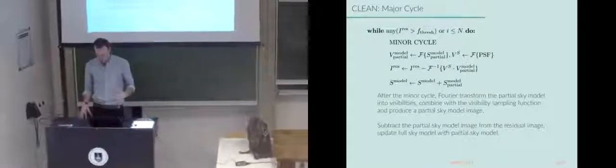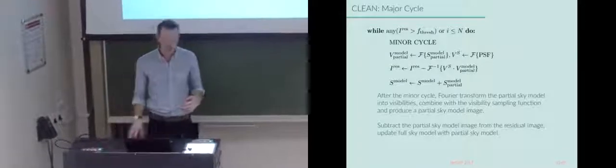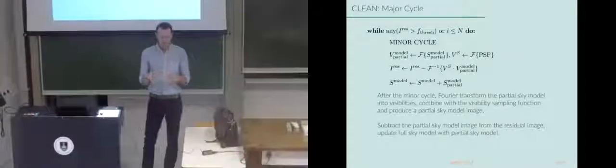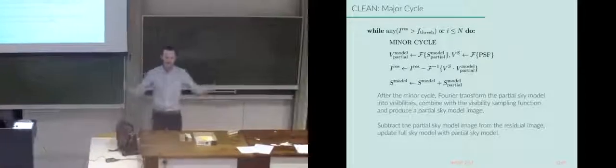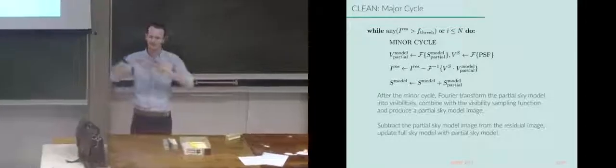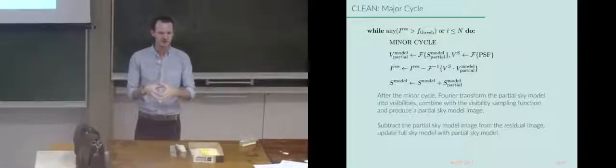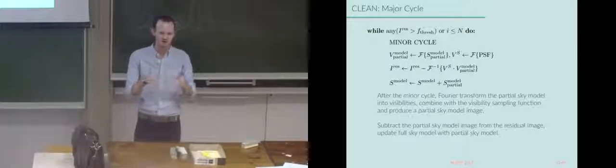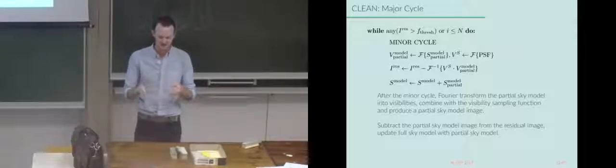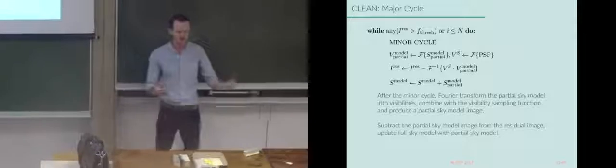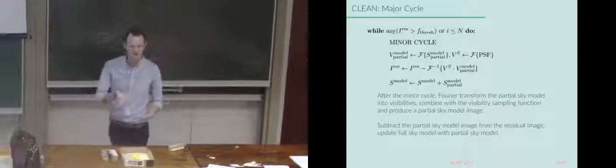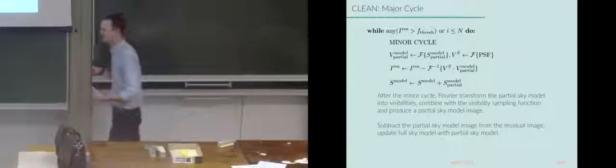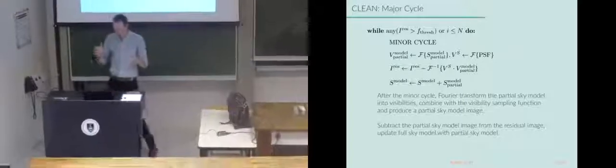One kind of intuition for why the visibility domain is better than the image domain is that you have some PSF that you make, some image of the PSF. The PSF goes on forever, right? You go off into a sphere. But we're only taking a small section of that, and you're subtracting that from the image. Basically, at some point, because there's a limited size of that image, there's some cutoff. But if you do that in the visibility space, the visibility space is compact in the sense that there are no edges. So you can just subtract off your visibilities there, and not introduce these image edge effects.